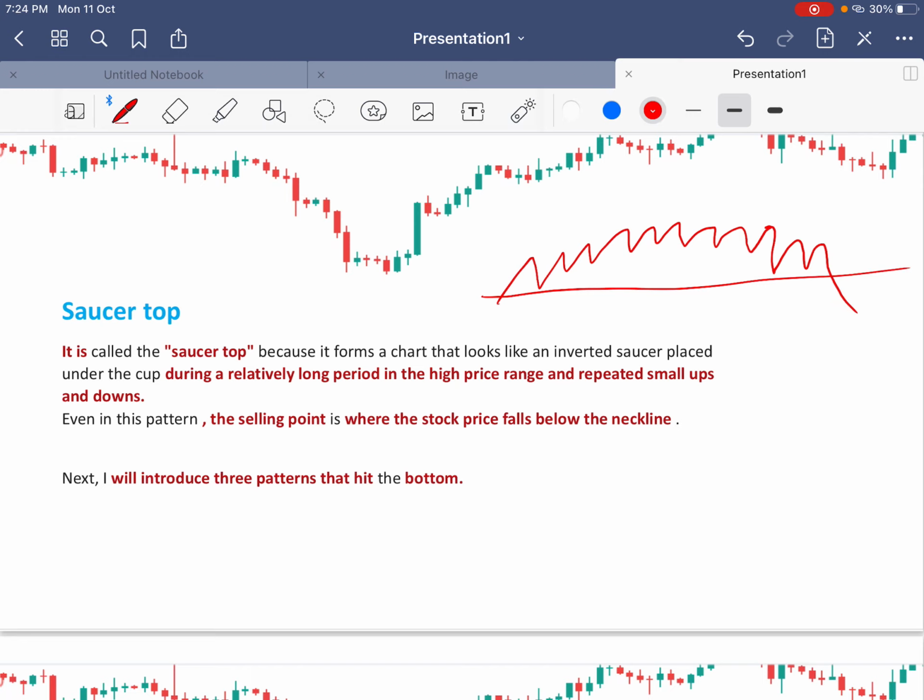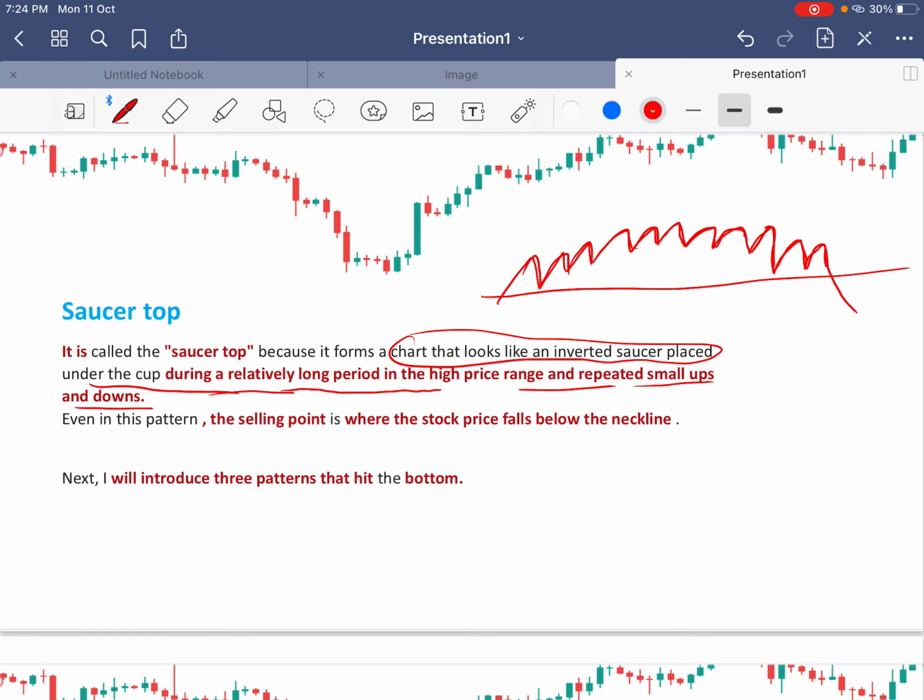It looks like a saucer because the chart looks like an inverted saucer placed under the cup during a relatively long period in the high price range, with repeated small ups and downs. As you can see, it is trading in small ups and downs and forming a saucer